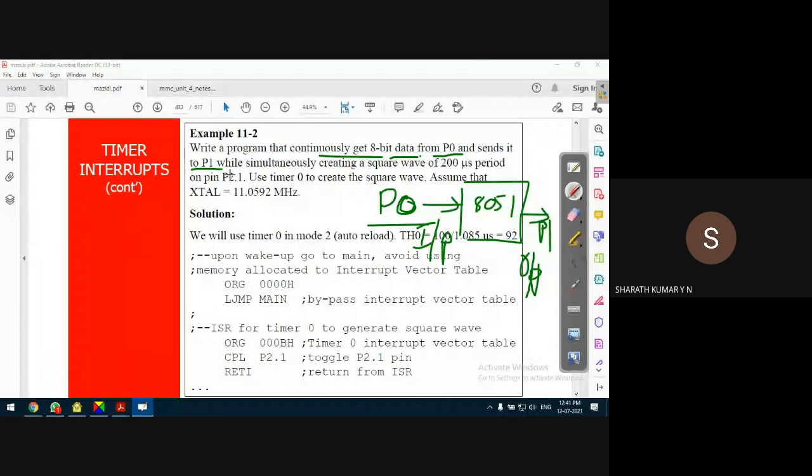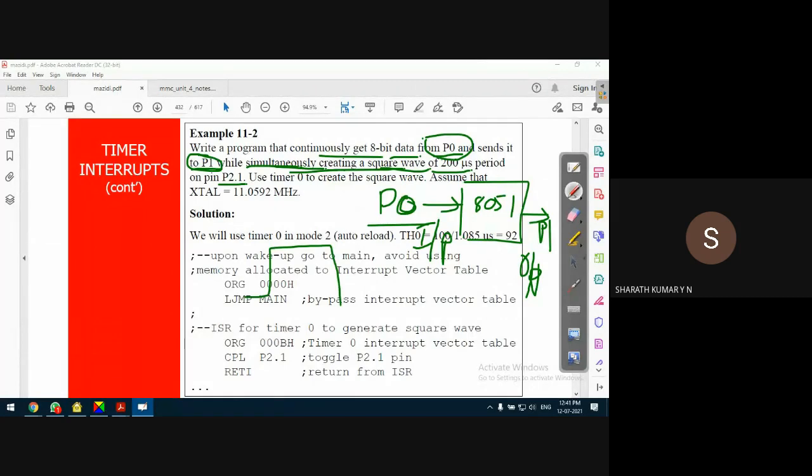Simultaneously, that means at the same time, while accepting data from port 0 and sending it through port 1, the microcontroller is in parallel generating a square wave of 200 microsecond period on P2.1.